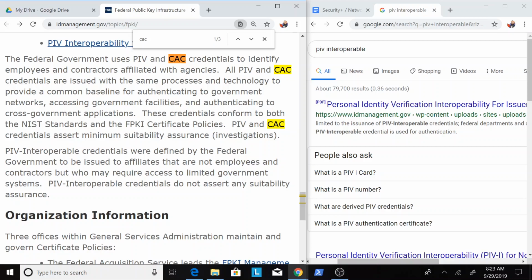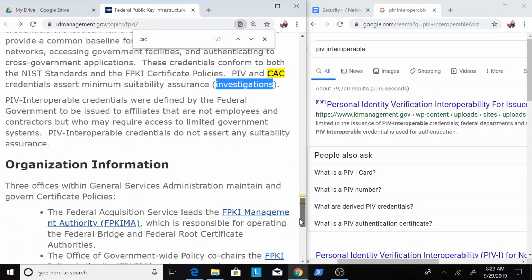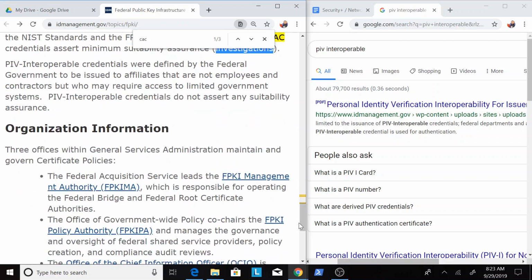Your personal identity verification and CAC credentials assert minimum suitability assurance. So I think they're saying here they're going to do an investigation to make sure you are who you say you are, or your company is who they say they are, before you get a certificate in order to access